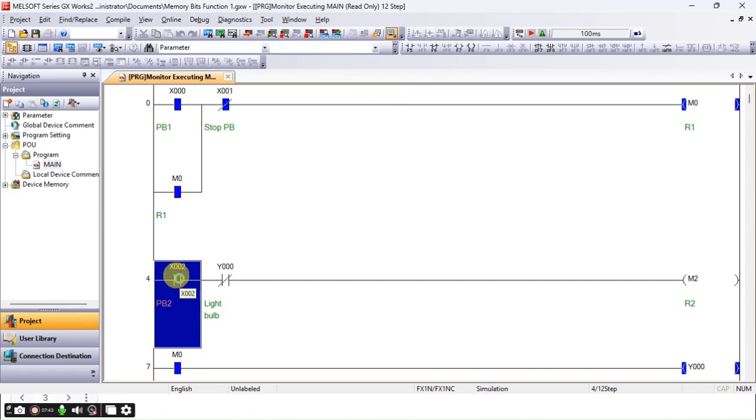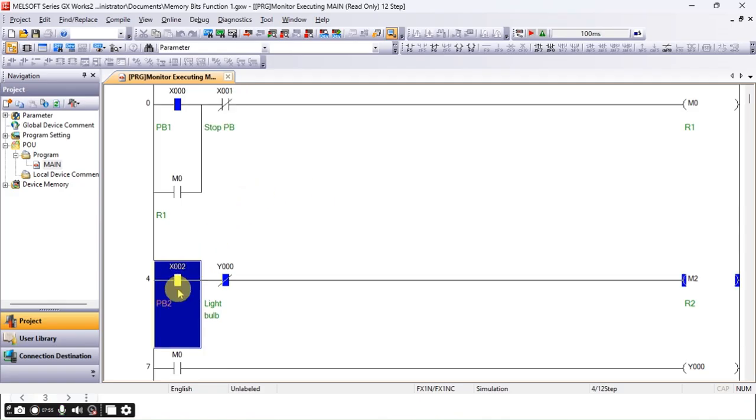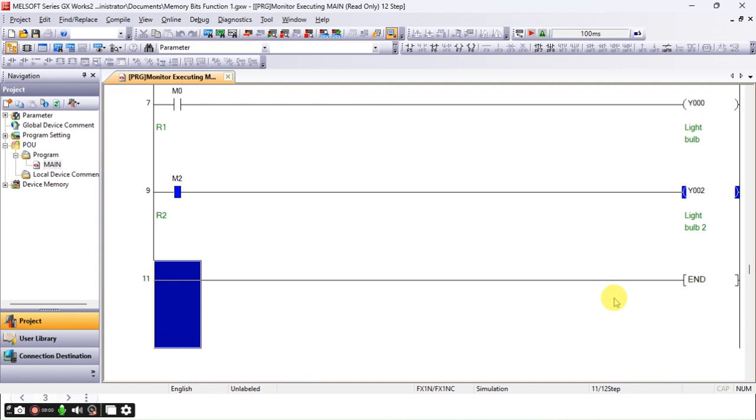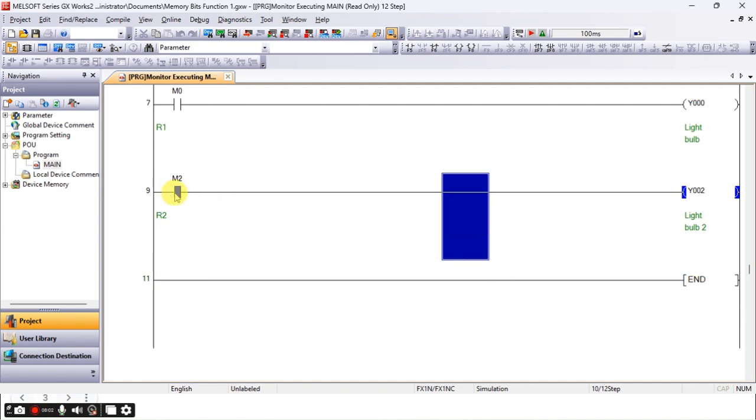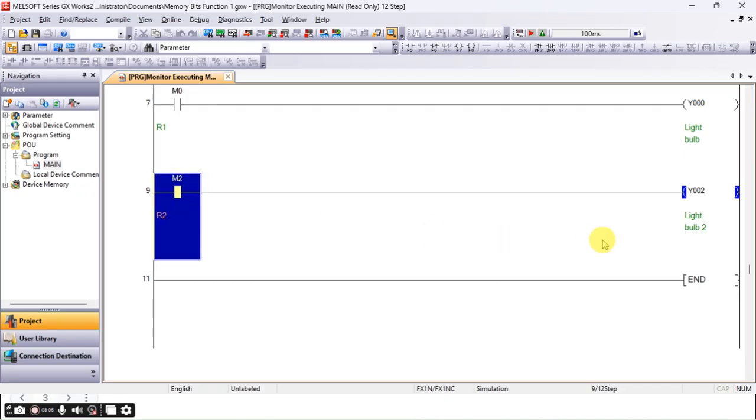When I try to press push button 2, I cannot activate M2. But if M0 is not activated, I can activate M2, and when M2 is activated, it activates the light bulb.